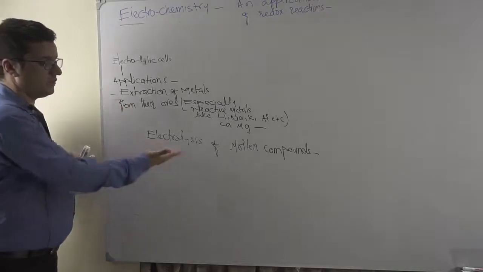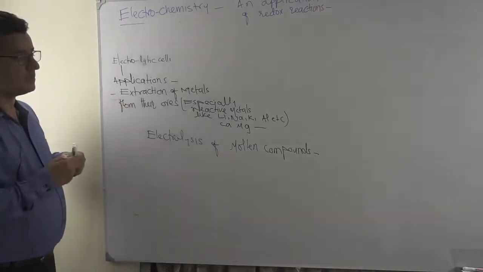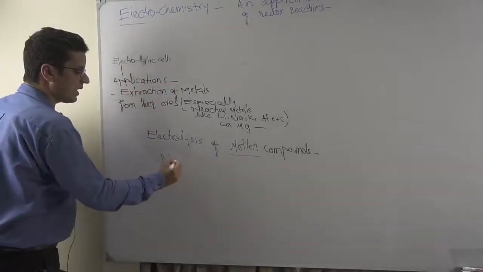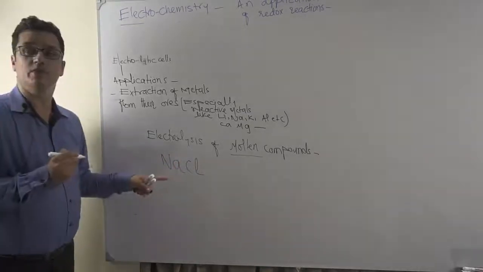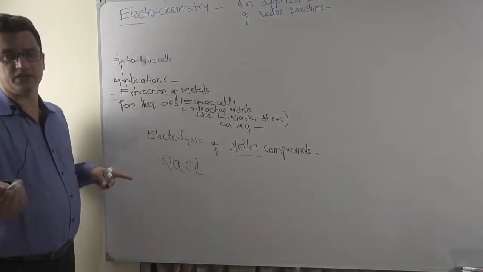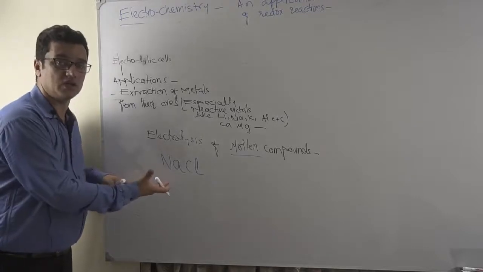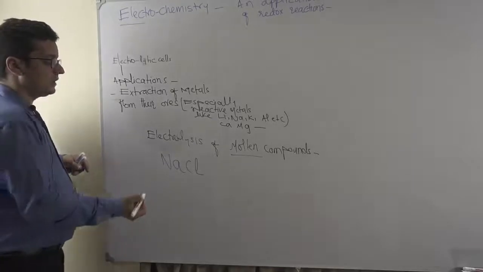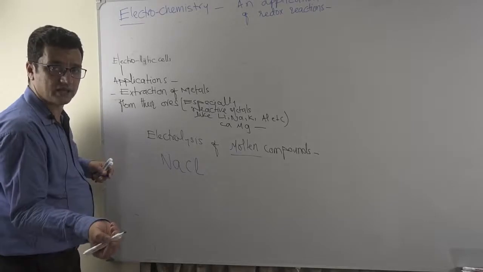Okay, we'll start with electrolysis of molten compounds. The molten compounds mean, for example, we have sodium chloride. Now, no doubt sodium chloride is a stable salt. It's a flavoring agent, maybe a preservative. Okay, we know this: NaCl, table salt, common salt, reputed for this. But you should know that this is basically the ore of sodium metal, or can be called the ore of chlorine gas, the most common ore.